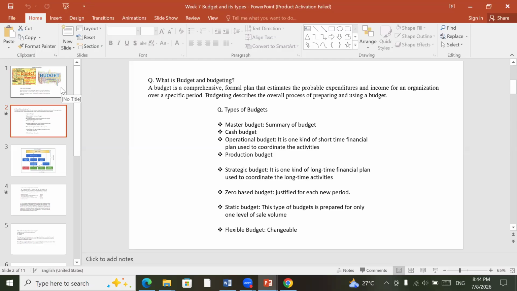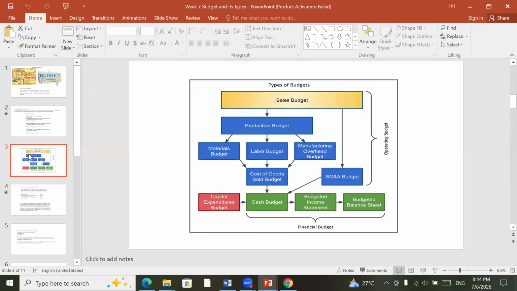Now I am going to another type of budget. As a diagram, there is a sale budget. Actually, the sale budget we show by a diagram categorically. Production budget and material budget, labor budget, manufacturing budget are combined into cost of goods sold. Because when you produce a product before sale, different costs are incurred at different stages. Combined, this cost is called cost of goods sold.